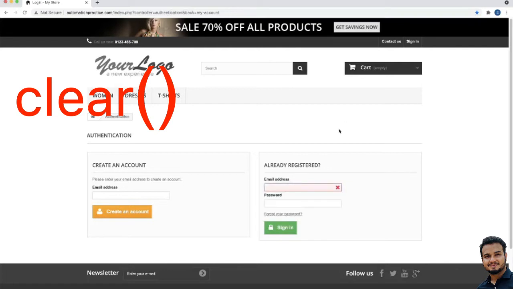Here you want to enter some text. For example, I enter something like this and I want to clear it through our code. How will I do it? I will use the clear method. The clear method will clear the text entered or displayed. It will just clear it for you. If the web element is a text entry element, this will clear the value. It has no effect on other elements. Text entry elements are input and textarea elements.